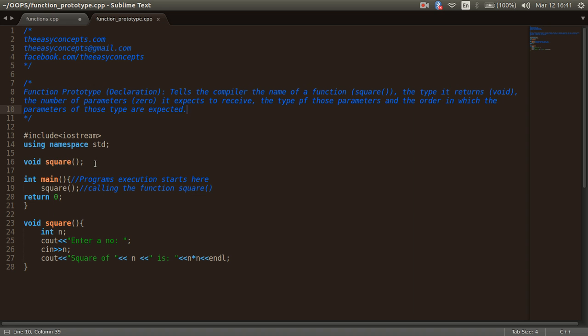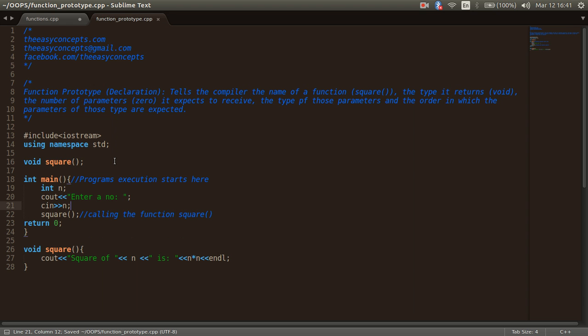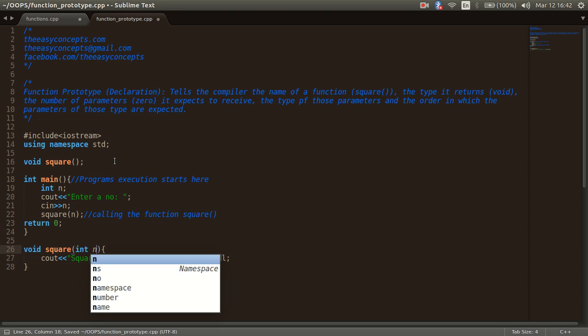So if we go into more detail of this function square, we can see that the function name is square, it's expecting no parameter, the return type is void, and so on. So we can make some changes in our program. We can write these 3 lines in our function main. We are entering a number, and we don't want to just blindly call square. We want to pass some value n here, whose square we need to print. So I will pass a parameter here, int n,